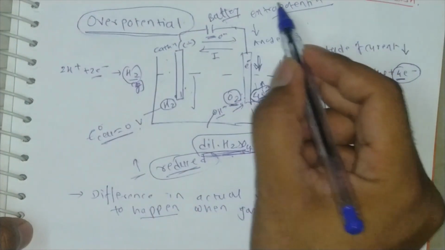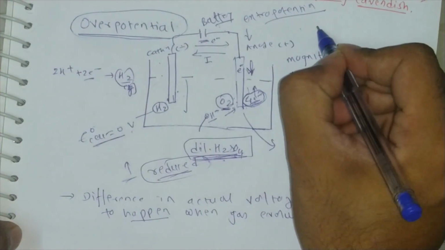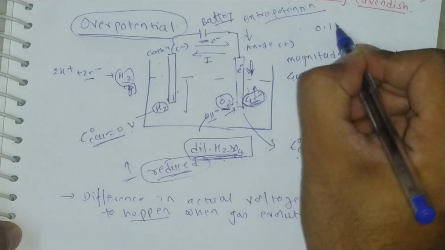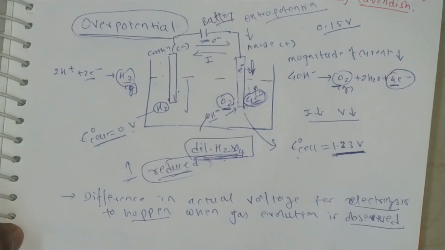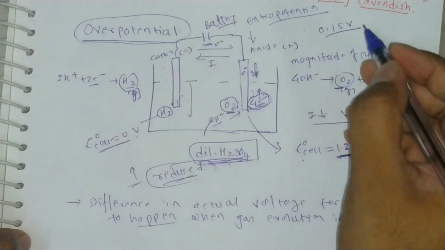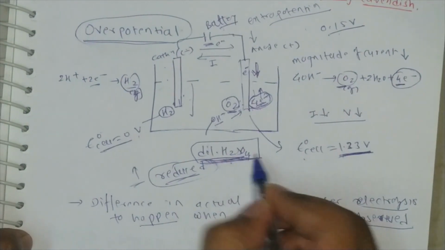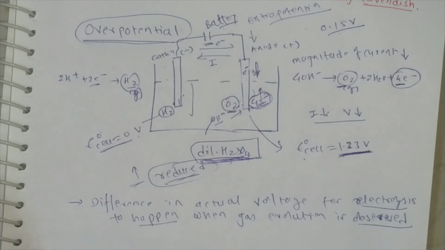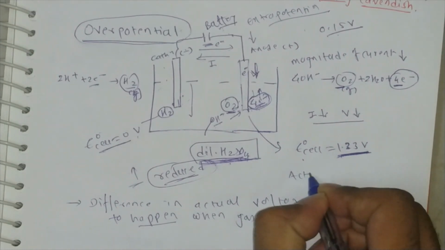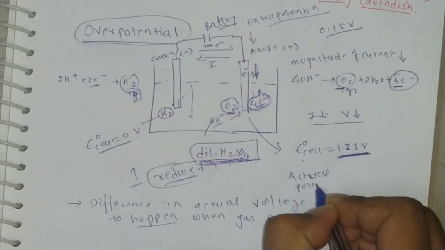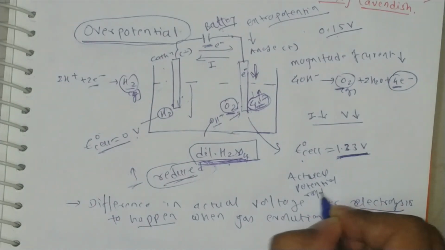So if this extra potential is, for example, 0.15 volt, then 1.23 plus 0.15 volt, this total potential will be required to carry out the electrolysis of dilute H2SO4, which is the actual value of potential required, not the 1.23 volt. So 1.23 plus 0.15 will be 1.38 volt. So the actual potential required is equal to